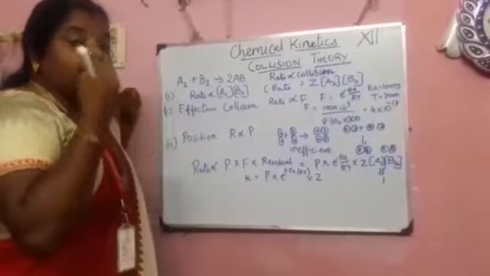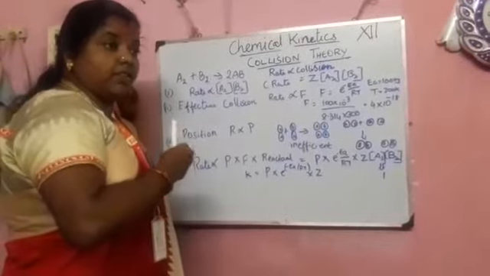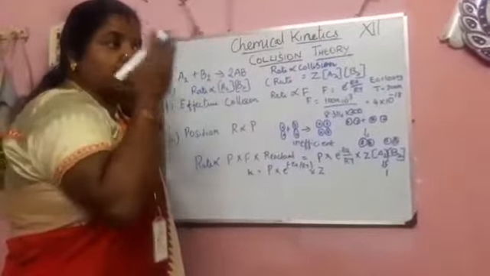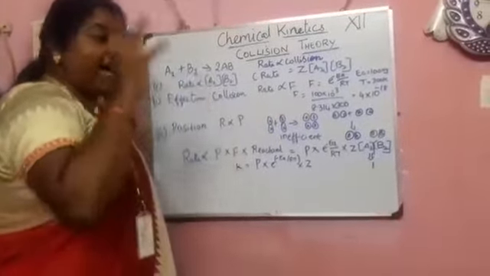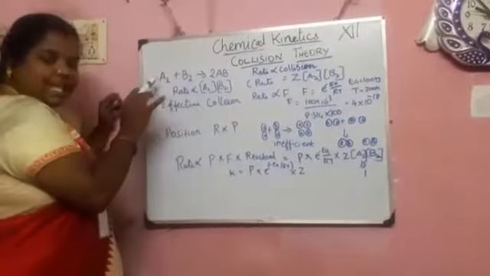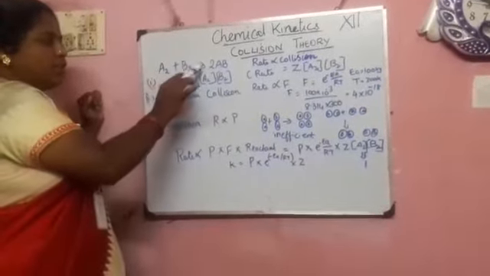There are three main things when there is a reaction. If molecules just collide like that, it does not form a product. The position, the rate, how the speed is, where it is. These are the things we have seen. Now let's see an example: A2 plus B2 gives 2AB.